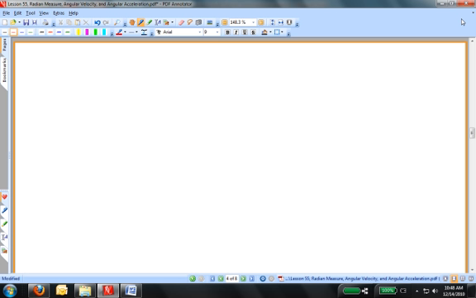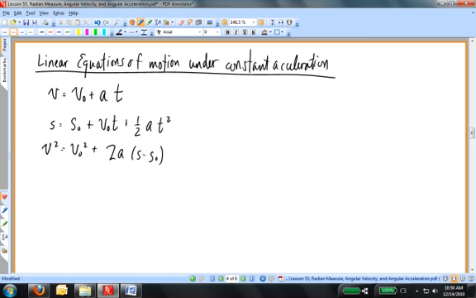It turns out that there is a relationship between the linear equations of motion under constant linear acceleration and the angular equations of motion. I've written these linear equations of motion without subscripts, but I want to add some subscripts now, and I want to talk about tangential velocity. So I'm going to put tangential indications there, those parallel bars, to indicate that this is motion along some perimeter